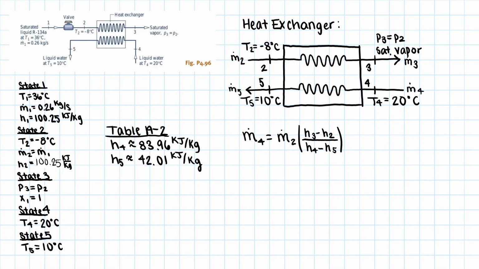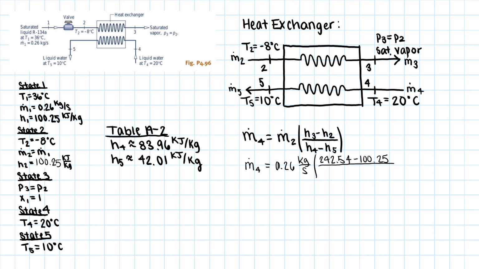And now that we have all of our enthalpy values, we can plug into the expression that we got from our energy balance to solve for the mass flow rate at the bottom of the heat exchanger. So we have that the mass flow rate at 4 is going to be equal to the mass flow rate at 2, which is 0.26 kilograms per second. And then we can multiply that by the differences in our enthalpies. So we know that our H3 is equal to 242.54 kilojoules per kilogram. And then we're going to subtract H2, which is 100.25 kilojoules per kilogram,